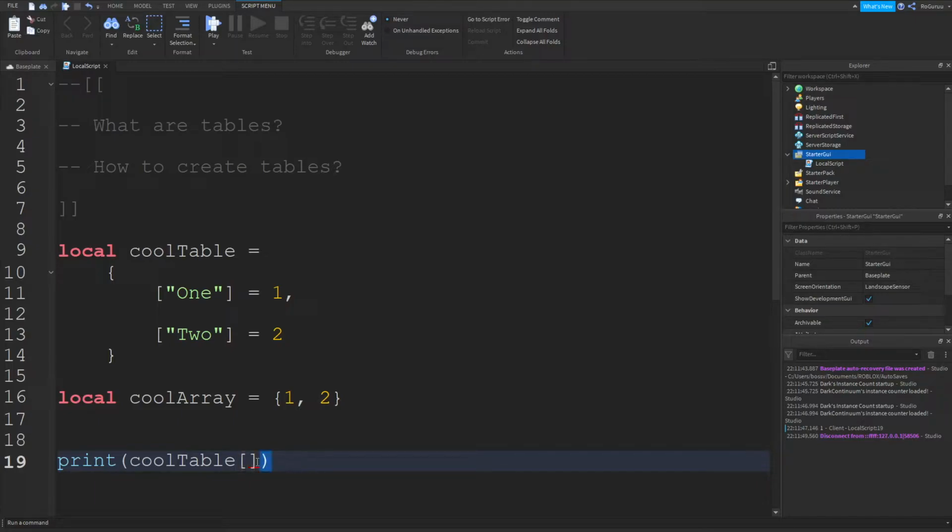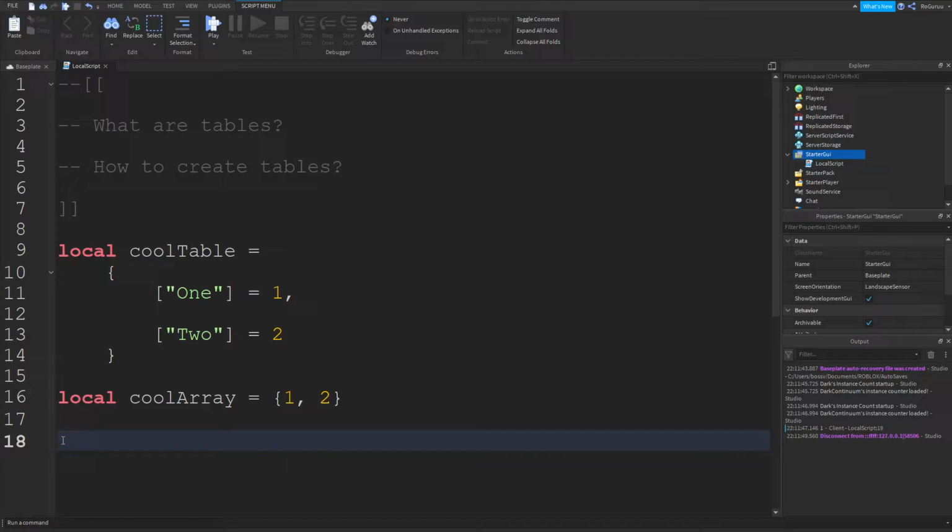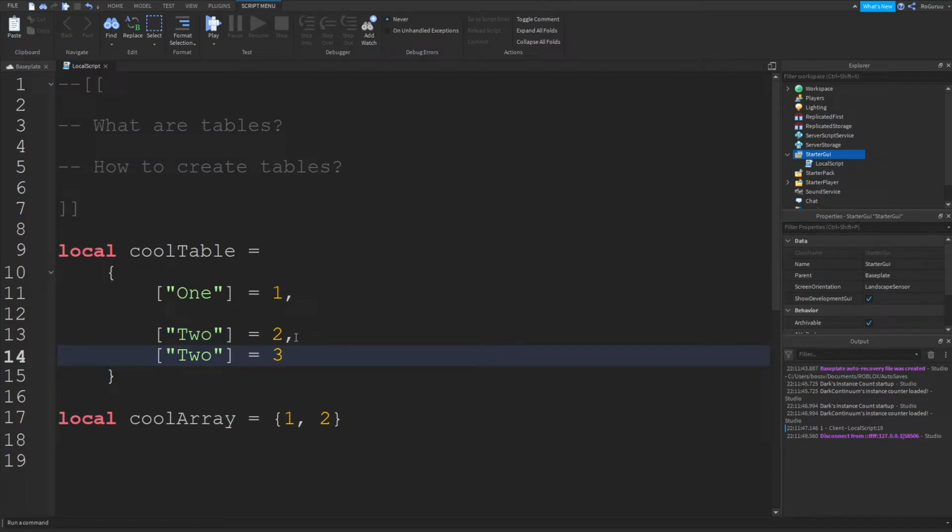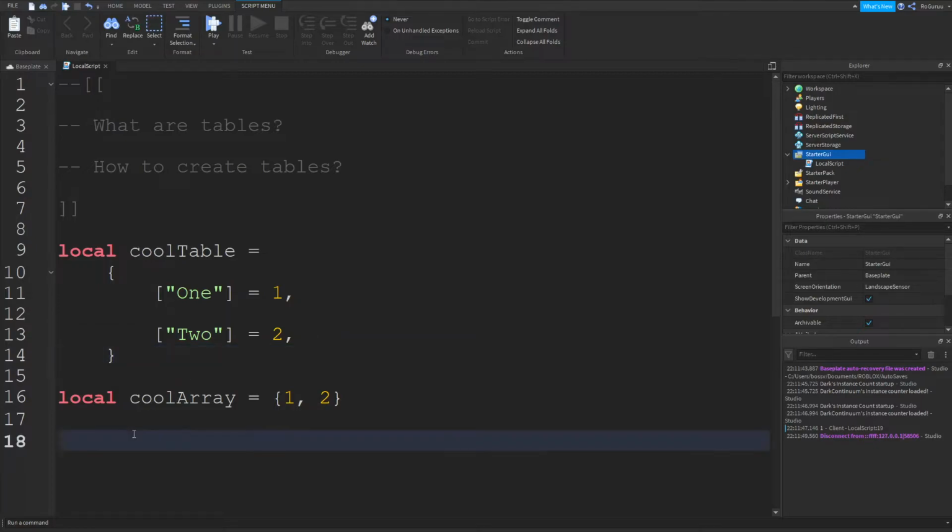Now, great, so we know how to create a table. How do we add more items to a table? Well, you can't really have 2 items named the same way, so you can't have 2 and 2. That's impossible. You have to have different keys. And in order to add a different key, you just say cool table and square brackets.